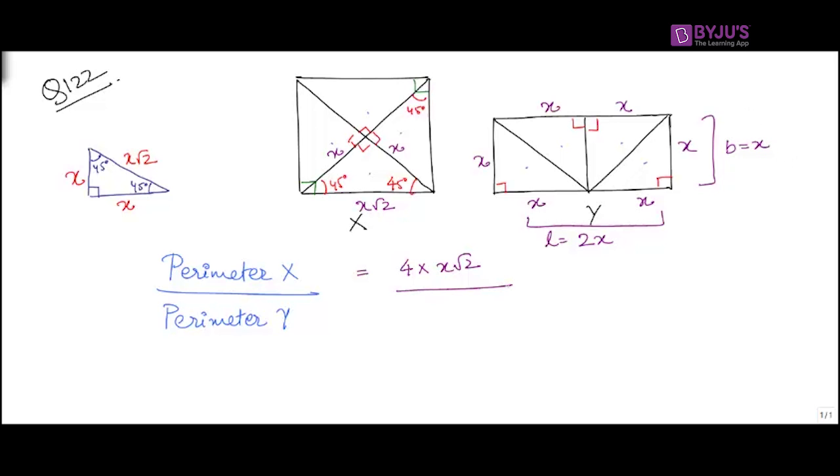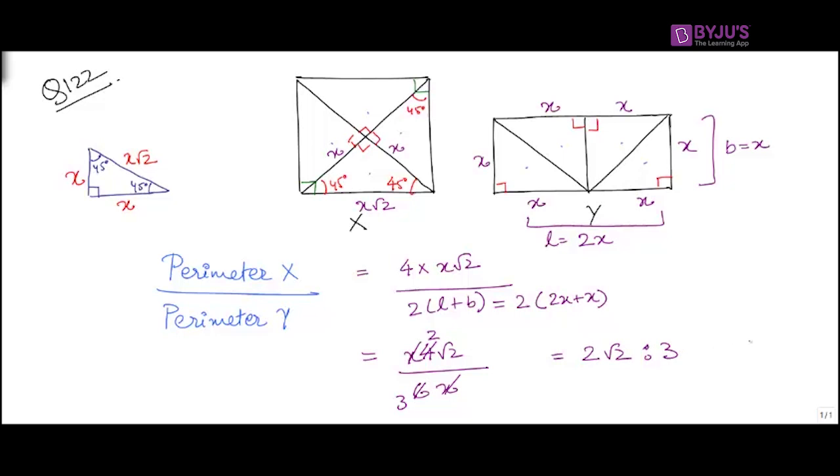Now the perimeter of the rectangle is given as 2 times (L plus B), or rather I have 2 times (2x plus x). So if I further simplify this, what do you get? 4 root 2 times x divided by 6 times x. So x and x go out, you can simplify this. 2 is to 2 and 3. So the ratio we have here is 2 root 2 is to 3, which is answer option